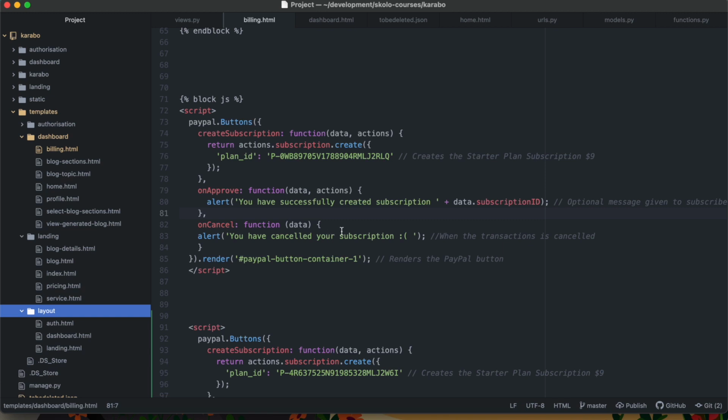But there are two ways of doing it, and I'm going to show you the correct way of doing it. The correct way of doing this is, once somebody has approved a payment, you will be rerouted back to the on approve. And over here, you want to tell the subscriber that, hey, your subscription has been approved, or you have made a payment, and we're going to update your subscription. But you don't want to update the database just yet, because the best way to update the database is using